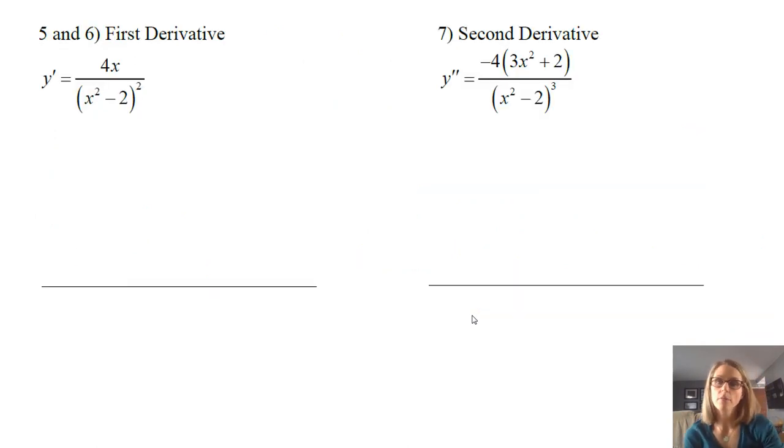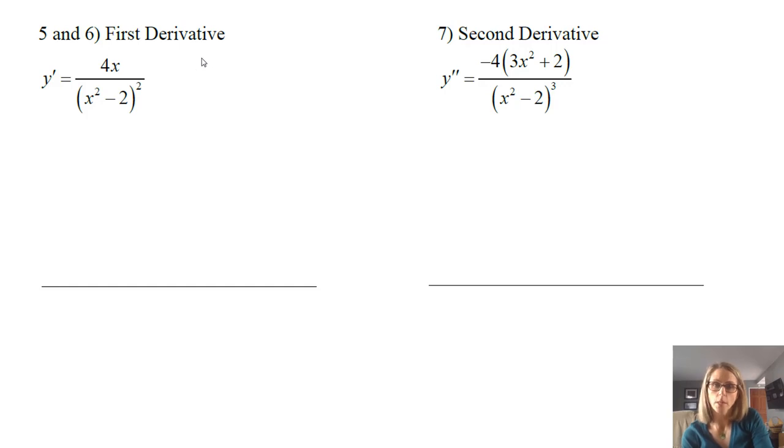So I've already given you the first and second derivatives here. This is just to make life a little bit easier in terms of what we care about, which is just what does it mean that we now have this? And you're welcome to use the quotient rule and make sure that you can get this derivative, but I am assuming at this point that you can do a quotient rule and find the first and second derivatives. So we have our first derivative, and of course what we care about is when is this equal to 0 and when is it undefined.